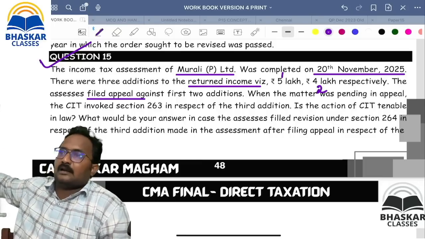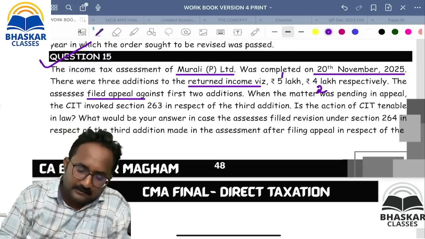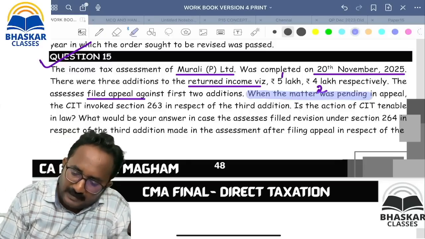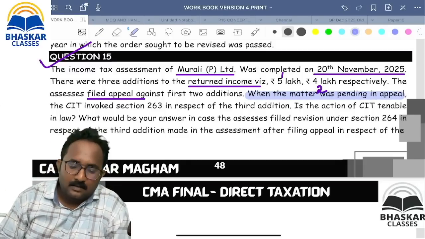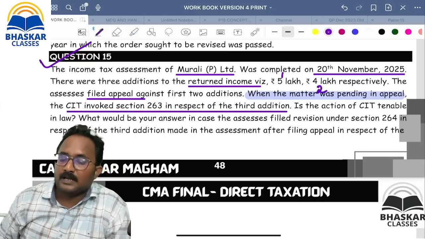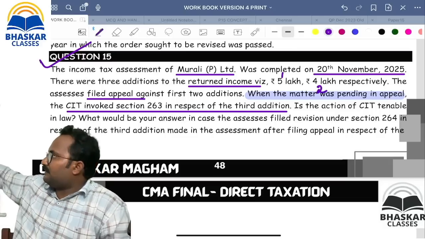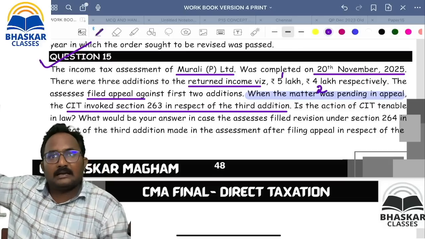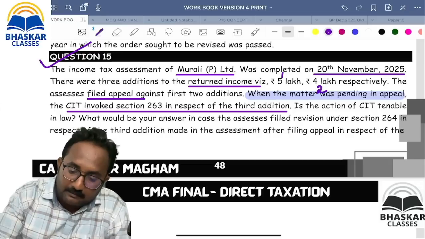For these 2 additions, SSC is going for the appeal. Next, when the matter was pending in the appeal, the CIT wants to invoke which section? 263, in respect of what? The third addition. They are not giving the amount added in the third addition. But already, what is the subject matter? This 4 lakh as well as 5 lakh is called the